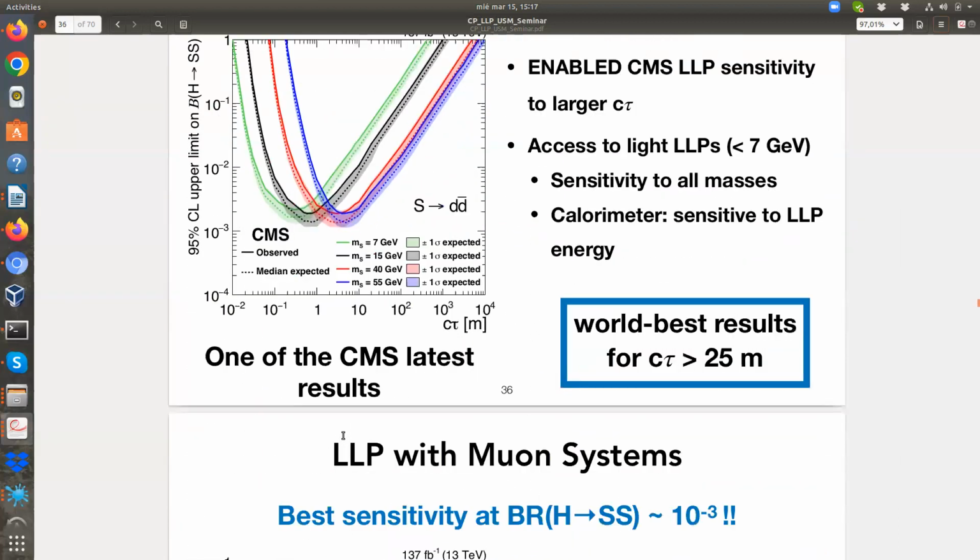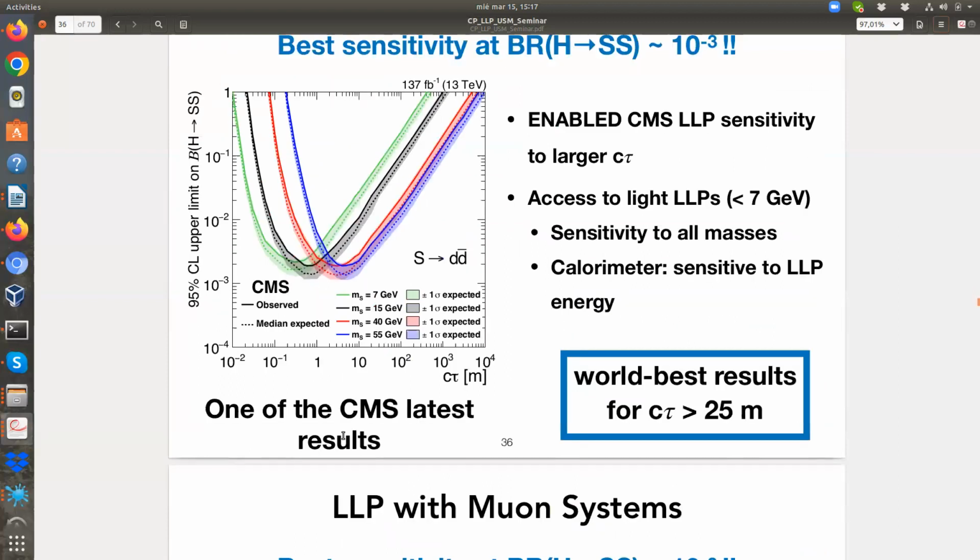And this is when we look at the same model decaying now to different masses, and you see the scaling. So the peak sensitivity now, remember that we were talking about 1% branching ratio, it's actually pretty close to 0.1% at the peak of the sensitivity, 10 to the minus 3. And you see that for higher masses, the peak sensitivity is reached at a higher value, and that's because the